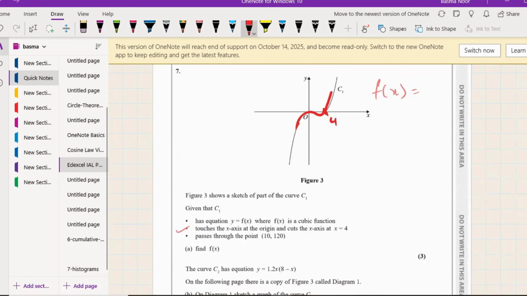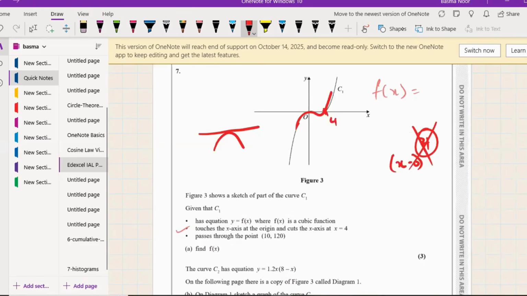at 4. Okay, it bounces at 0, which means the multiplicity power is going to be 2 here. Like in the form of factors I will be writing x minus 0, so the power will be 2 here. When the curve bounces on the x-axis, we take the even multiplicity, the power should be even. Since we know it's a cubic function, the maximum power for this function is going to be 3, and we can't have a power more than that. We can't have an even power of 4, because that would then become a quartic function, which we don't need,